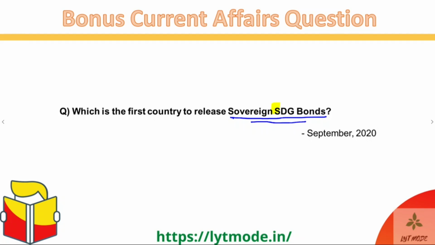And why is it important? Because SDG is one of the most favorite topics of the Reserve Bank of India and regulatory body exams in general. So first of all, because of SDG bonds. Secondly, because it's a very recent development in September 2020. And thirdly, it is not just related to SDG, it is also related to bonds. Bonds again is a financial instrument and a very important thing. So this is an extremely important question, and for all of those who know the answer, please put it down in the comment section below. So this is the second question that I've asked in this video, and let's see how many of you know the answer to both these questions.